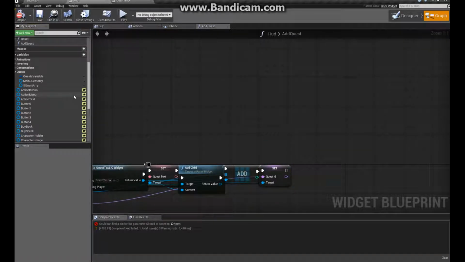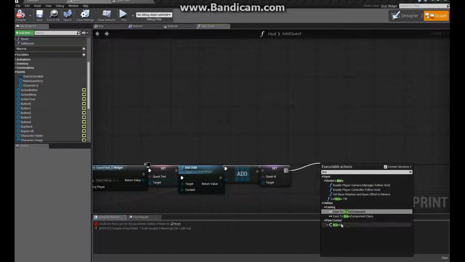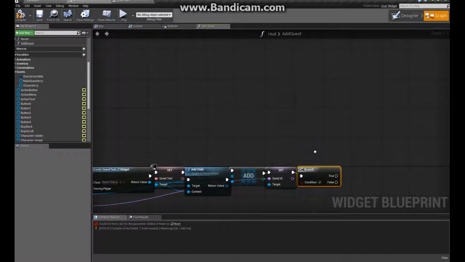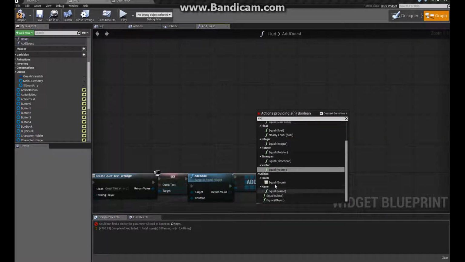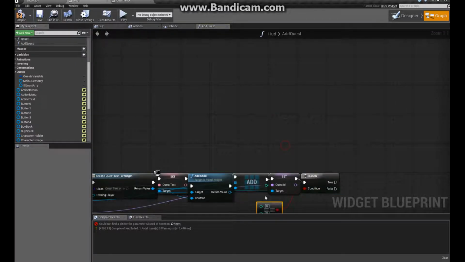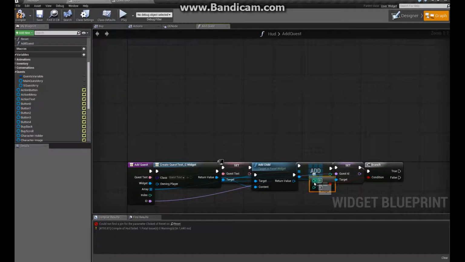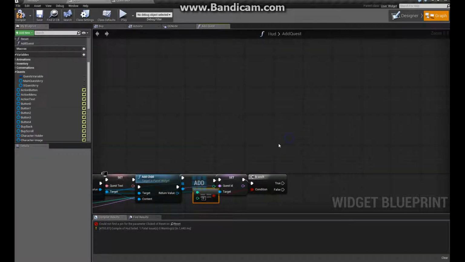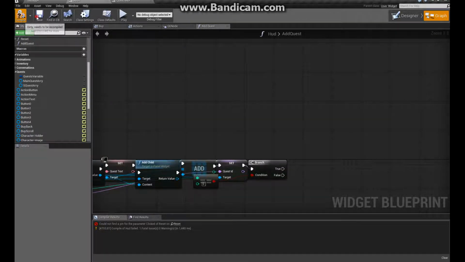It's actually very needed. Okay, so next we need a branch. And off that branch, we're going to get an equal to an integer, which will be connected to the index. So let's see if it's the first quest or like a subquest. The first quest, like I said before, is like get the gold, or go to the forest to get the gold, kind of thing. So if it is true, we're not gonna do anything with it. But if it's false,